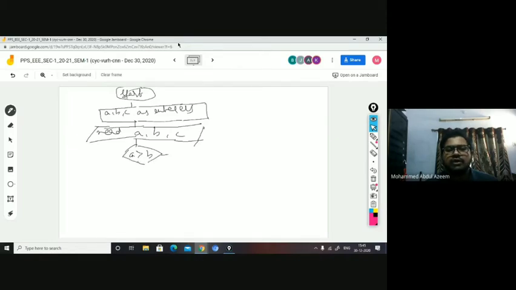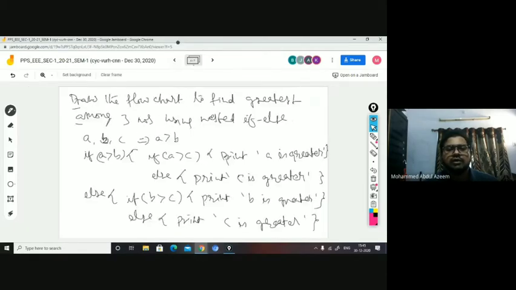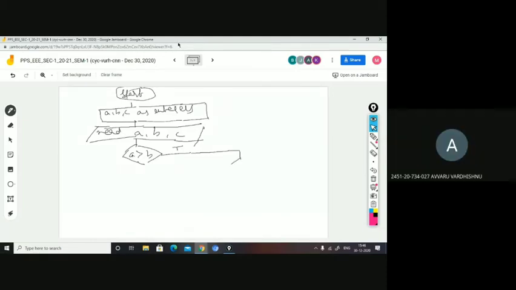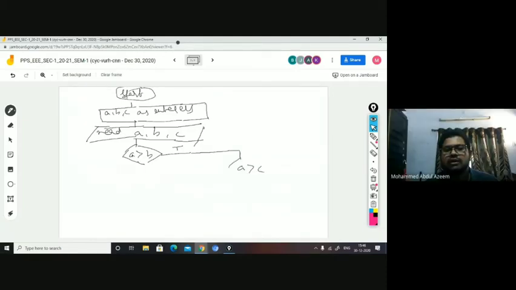So if A is greater than B is true, then what is that you have to check again? A greater than C. It means when this is true, again you have to check another condition. Yes or no? That is A is greater than C. And let us say this is also true.